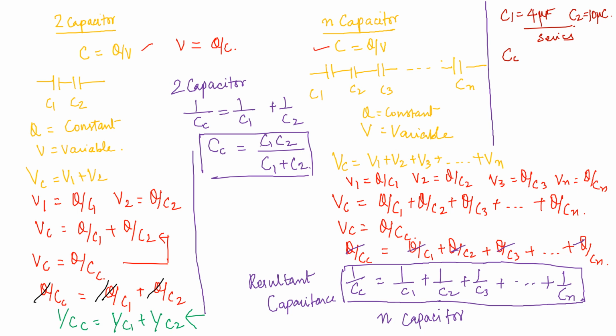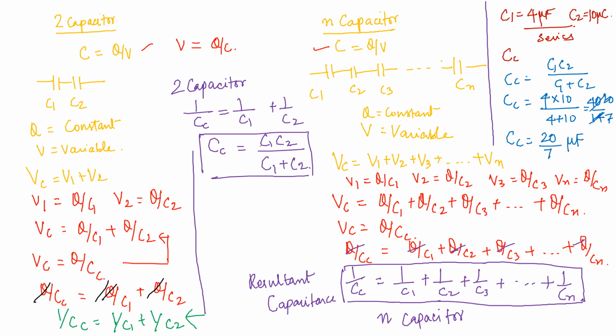The formula is C combination equals C1 C2 upon C1 plus C2. Substitute these values as given: 4 into 10 upon 4 plus 10, that is 40 upon 14, it will come 20 upon 7. So C combination is 20 upon 7